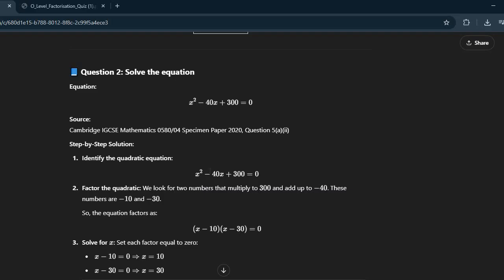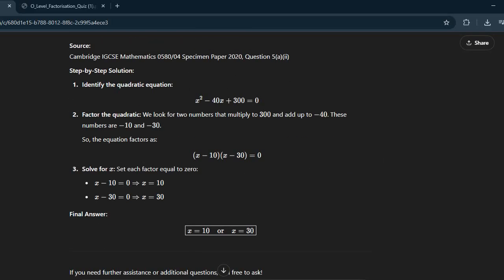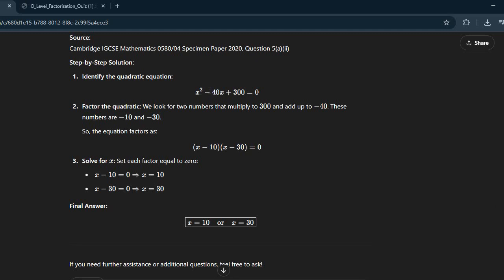This is a quadratic equation, which means you have to identify which is your A and which is your C. A is 1 here. Now multiply by 1, you get 300. Because A is 1, you cannot avoid this step. Now you have to find factors whose multiplication will give you 300, and when you add them, remember that there is a